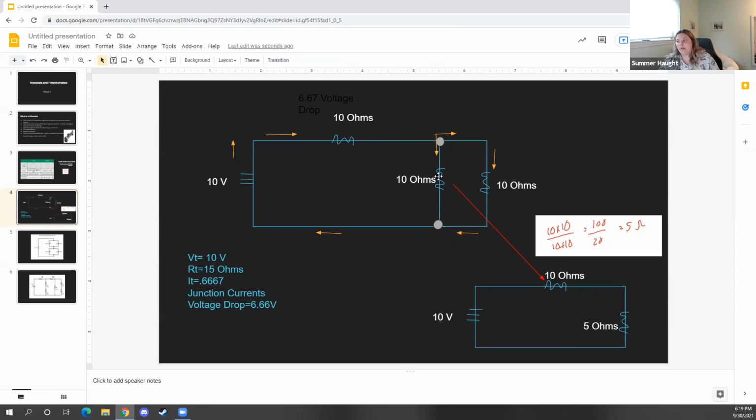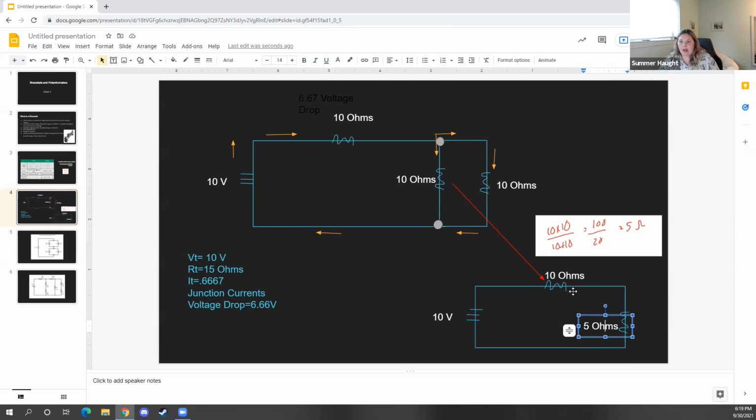So the way that we calculate voltage drop for this situation is using the 5. Because remember, the 5 again is the total resistance for this parallel part of the circuit. So 10, we use this equation and got 5. So if you did 0.667 times 5, you'd get 3.33. And since this is 5 and these are the same, that means that both of these are